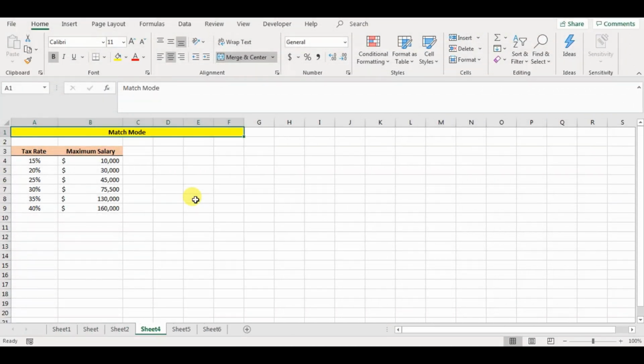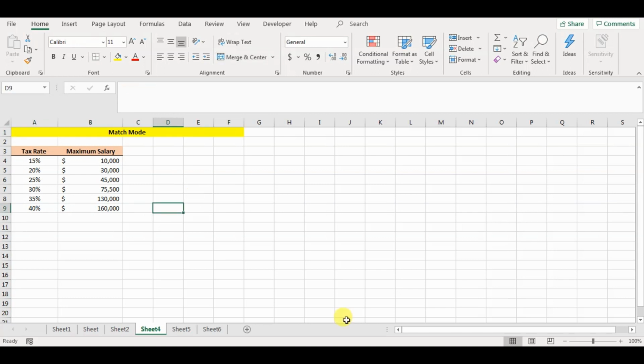Now I will look at the next feature of the XLOOKUP function, but if you want to look for the basics, the previous instruction should be enough for you. But if you want to understand the next argument or next feature of XLOOKUP, this is a little bit more advanced. So this is called the match mode argument, and let's get into it.